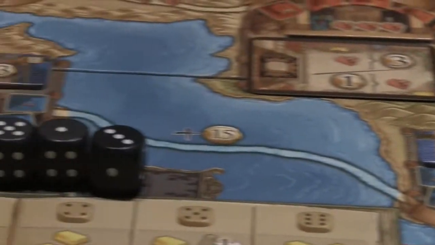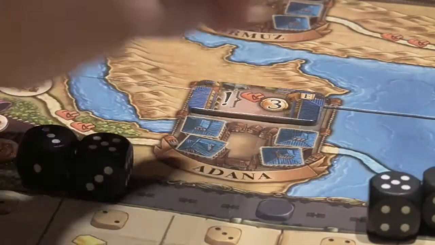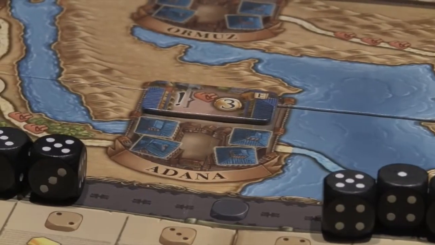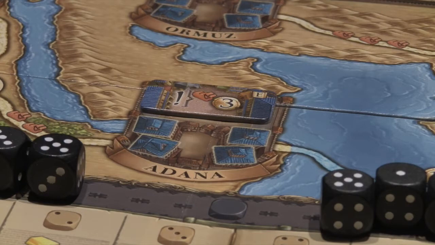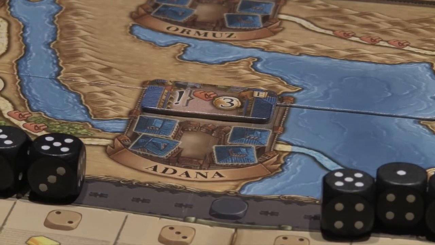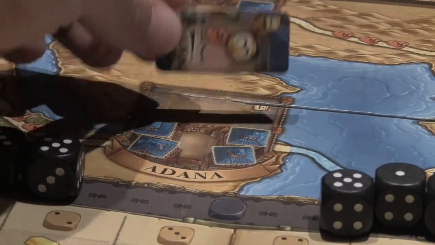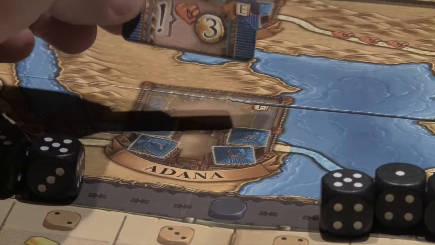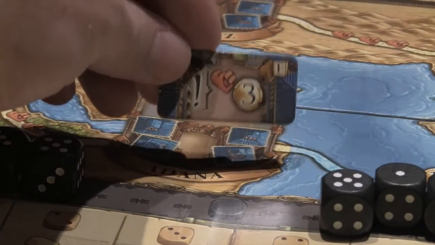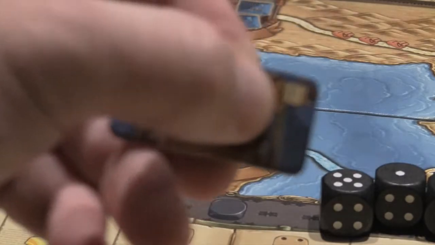Let's take a look at another small city. Hard to see behind the black dice, but Adana there, if you have a trading post there, at the start of every round you will get a camel and $3. So that's what the small cities do. And again, the small cities, the bonus that you get for having a trading post in the small cities is variable. You can randomly distribute these,